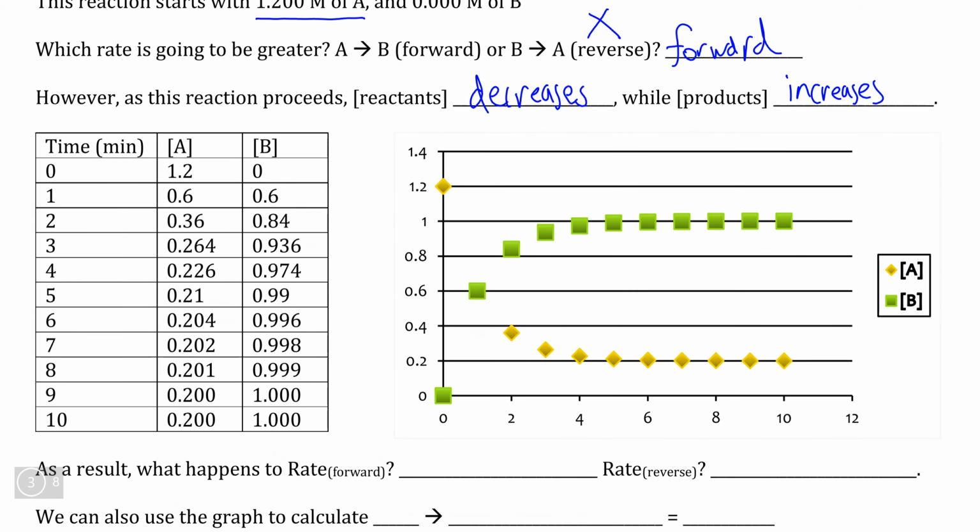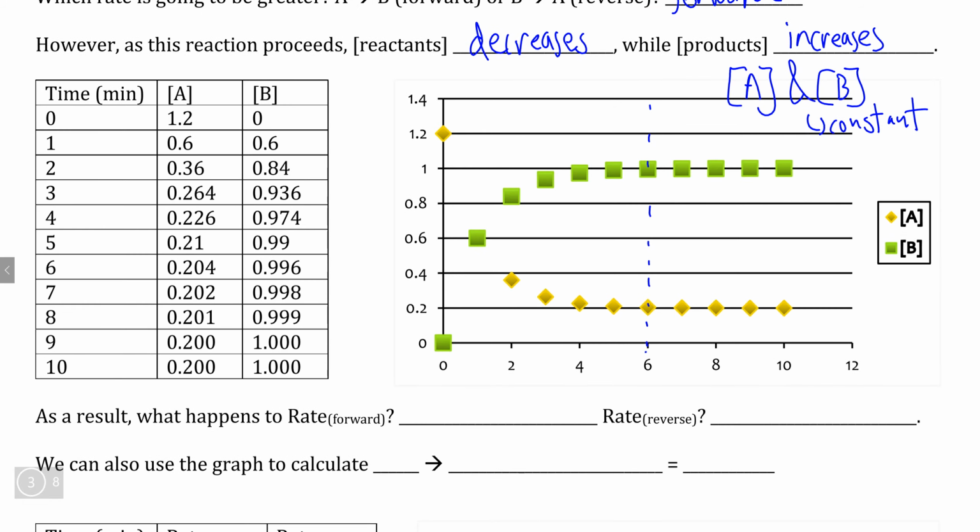Now we can represent this graphically like this. If the diamond-shaped squares represent the concentration of A, we can see as our reaction progresses that the concentration of A decreases while the concentration of B increases, and as we reach approximately 6 seconds on the graph, we see that the concentrations of A and B begin to stabilize right here. And when these concentrations have stabilized, remember that the point at which the concentrations of our reactants and products become constant is one of the conditions that is required for dynamic equilibrium to take place. So we see it very obviously occurring on this graph here,